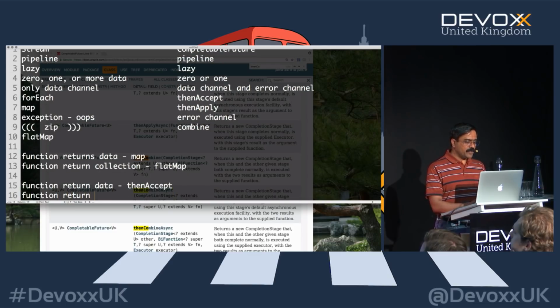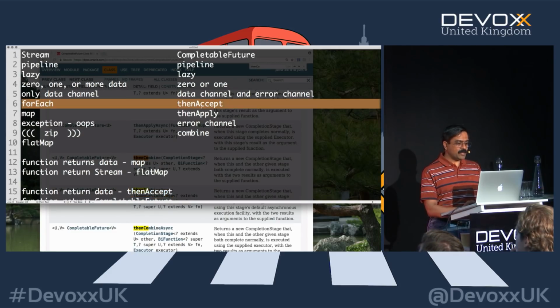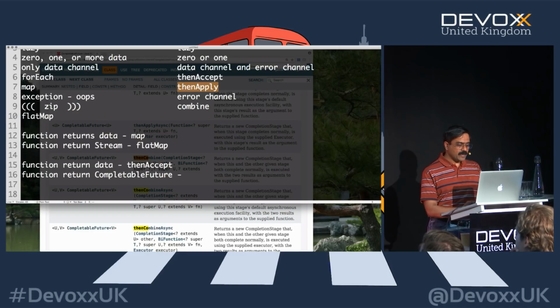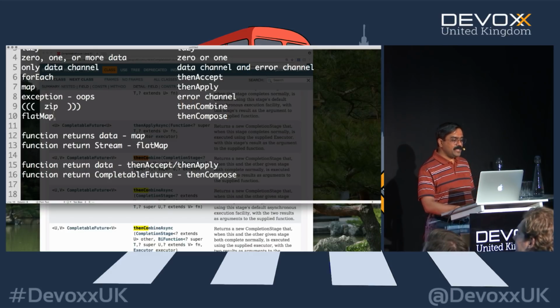When a function returns a completable future, well, this is kind of like returning a stream, isn't it? So if you return a data, use map. If you return a stream, you use a flat map. If you return a data, you use then accept, which we saw up here, or then apply, right? Then accept or then apply. But on the other hand, if it returns a completable future, what are you going to do? Well, now you know the rest of the story. This becomes then compose. So in other words, then compose is much like your flat map equivalent of it.